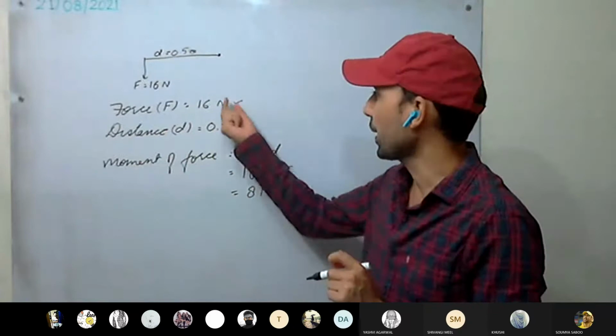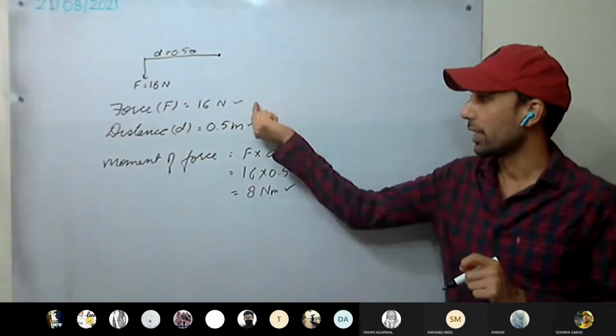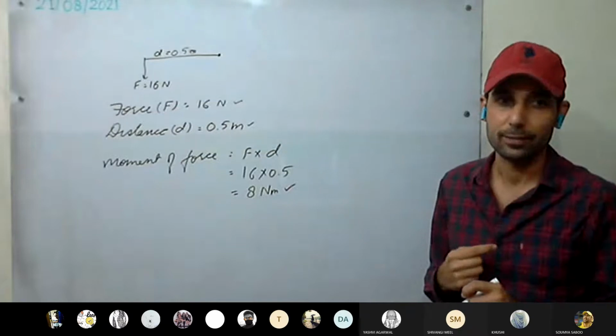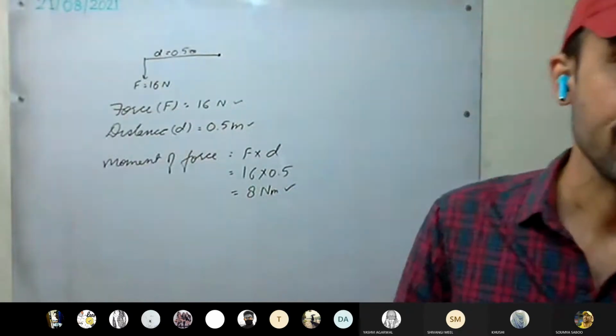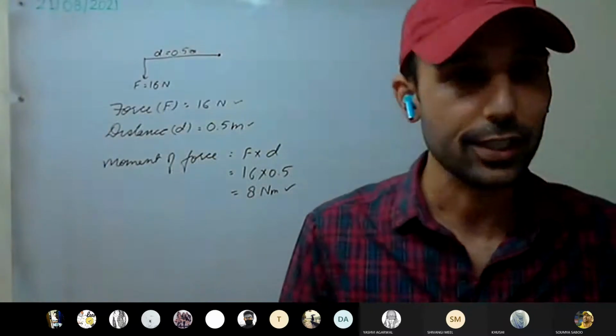This way, if you make a mistake anywhere, you will still get the marks. For example, in the formula you will get the marks, or in writing these things you will get the marks. So always write whatever data is provided to you in the question. You must write all those things.